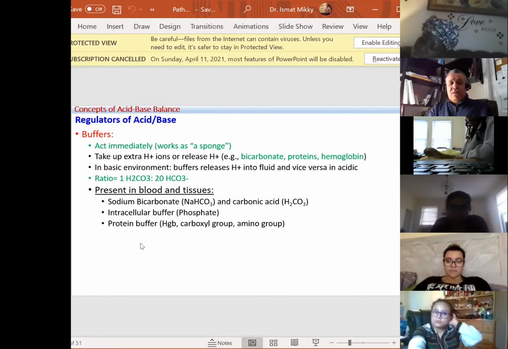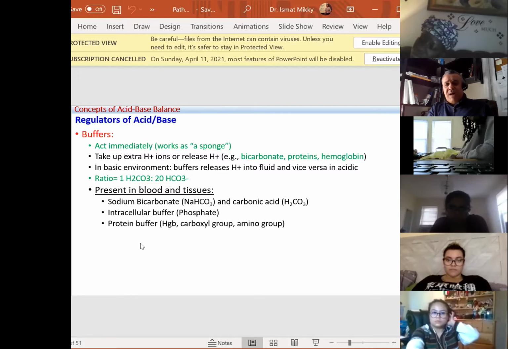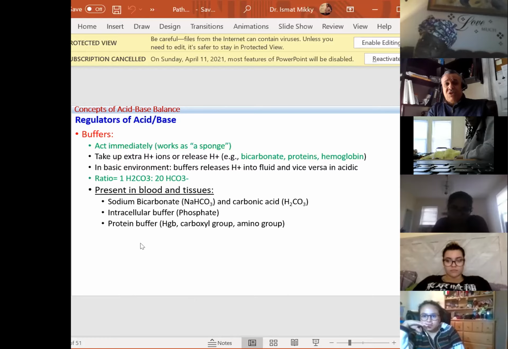Now, during this process, we have other components. So we have to identify what made this pH drop or go up. It has to be either metabolic or respiratory. So is the source the lung? Did the patient stop breathing, or did the breaths per minute become 8, 9, or 10 breaths per minute,